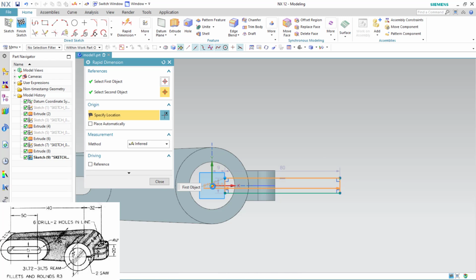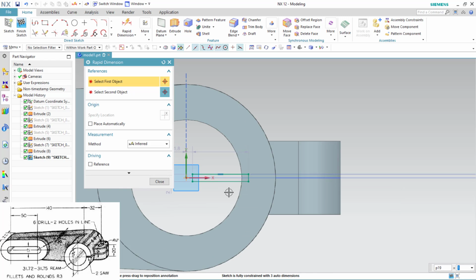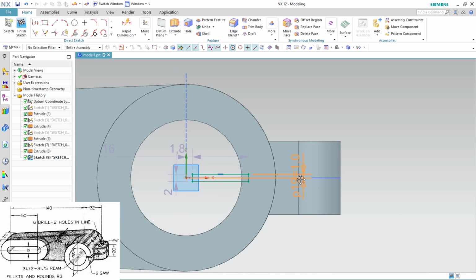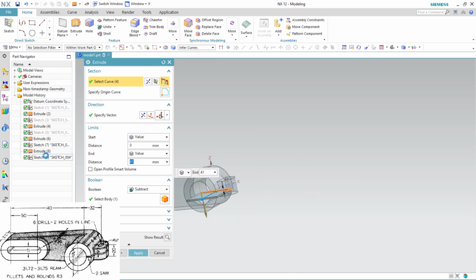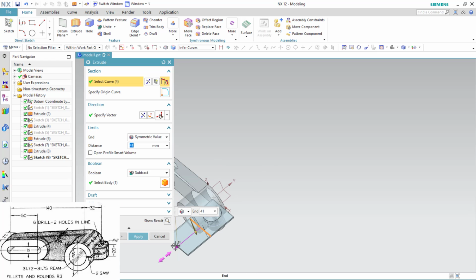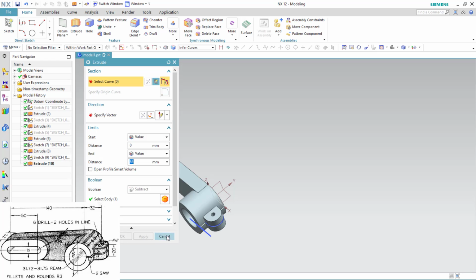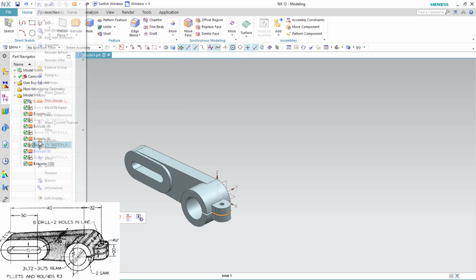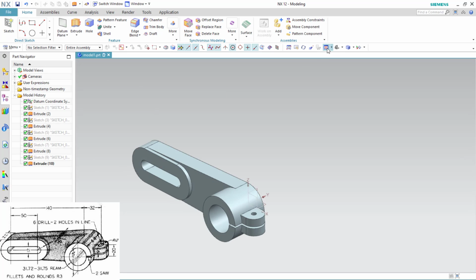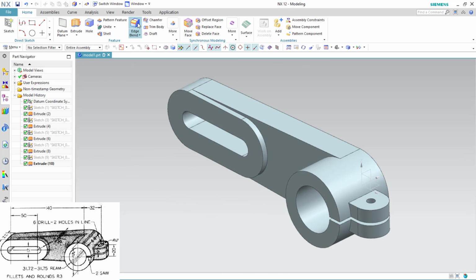It is total 6. Sorry, it is not 6. It is 2. So 2. Extend outside, no matter of the fully constraining. Anyway, it is a cutout. So through all, green check. Done. Quite simple, right? So finally, you just remove all the sketches, hide them, and then use the fillet tool,